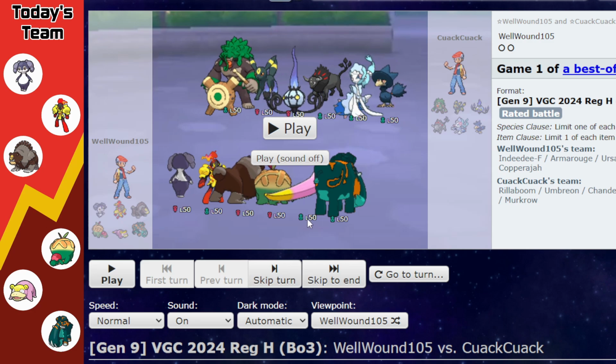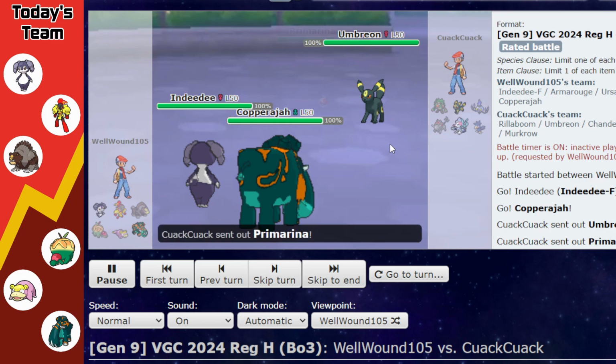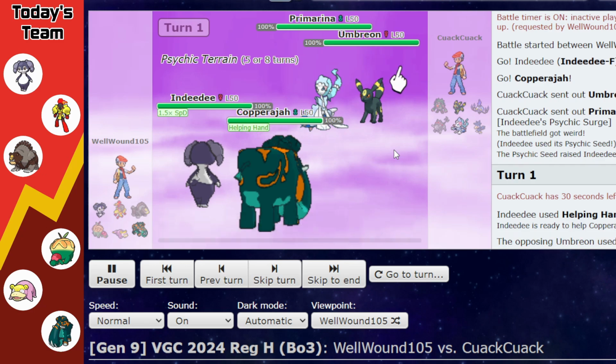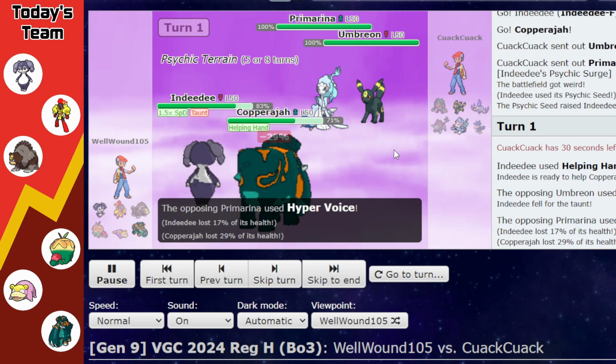Like, this team really struggles into Primarina if you can't just use Caparaja to click Ironhead into the Primarina and KO it in one hit. But this game starts out, and I actually decided to lead Caparaja specifically for the reason that I wanted to click Ironhead into the Primarina. And we click Helping Hand, and they taunt Indeedee, which is fine, which means we can't redirect next turn, and